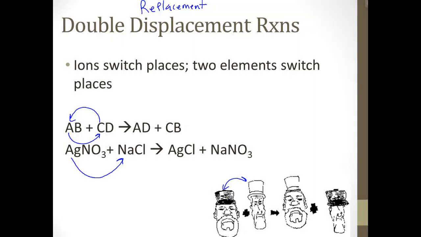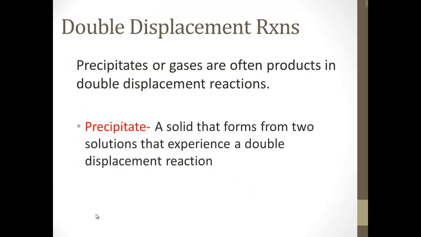Now one thing that we're concerned about with double replacements is something called a precipitate, and this is a term that you should know. A precipitate is a solid that forms from two solutions that experience a double displacement reaction. So we're going to take two of our aqueous solutions, and aqueous means a solid dissolved in water. We're going to mix them together, and a lot of times you'll have clear solutions,